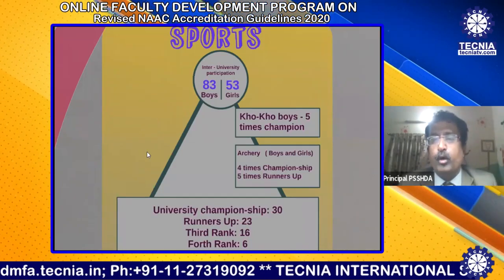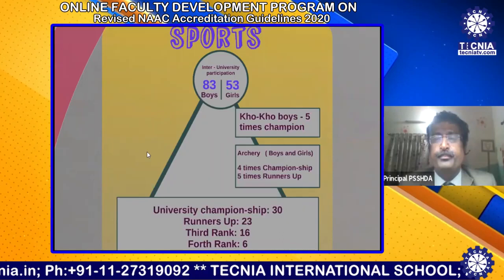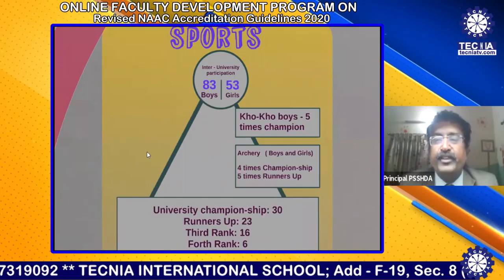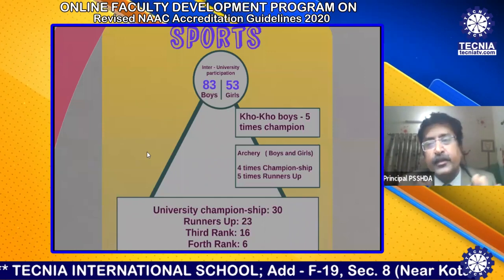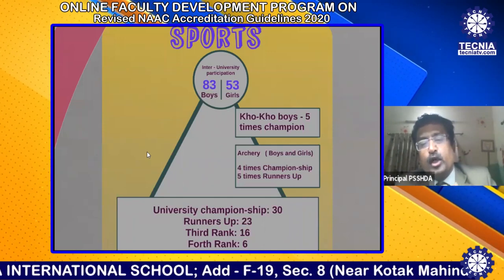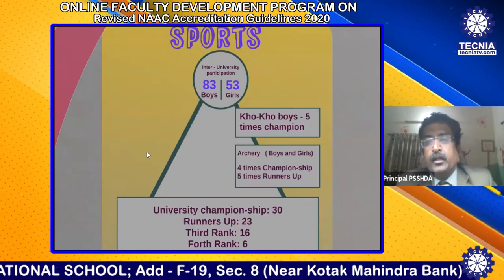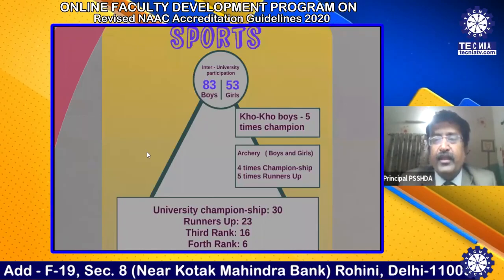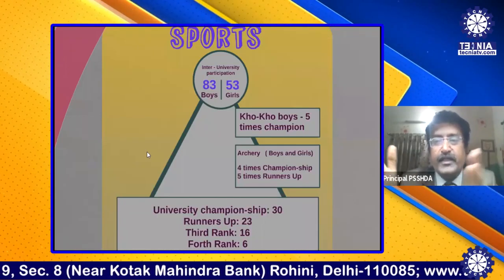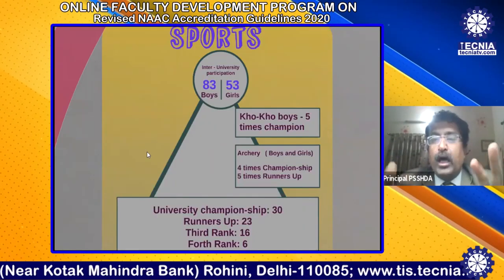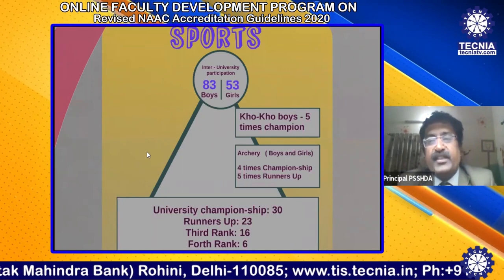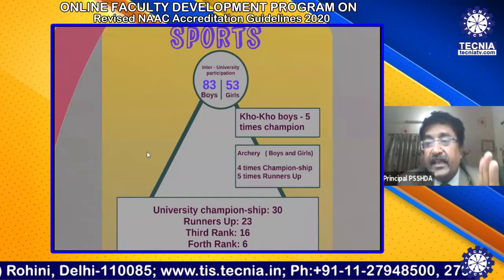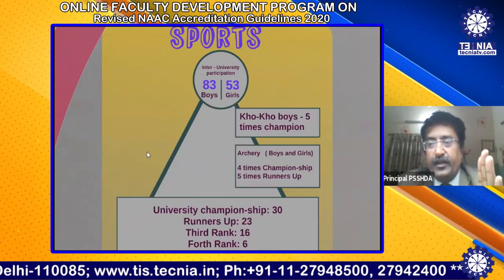If you have more than 400 colleges in your university, and your college alone is playing 53 sports event finals, this is a good achievement. So you can represent your sports achievement like this. Further, I can say that in archery, for boys and girls, I have 10 events, 5 events for boys and 5 events for girls. Out of 10 events, 4 times championship and 5 times runners-up. It means that in total 10 events of the last 5 years,